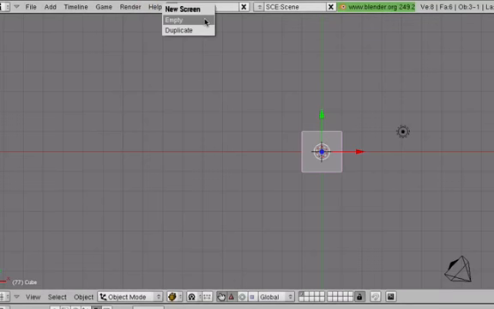When we click on that, the new screen will ask us, well, you want to create an empty one or want to create a duplicate? And we'll select duplicate because we want to duplicate this screen and create a new one for us. So duplicate. And it seems like nothing has